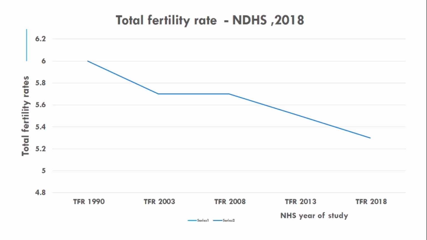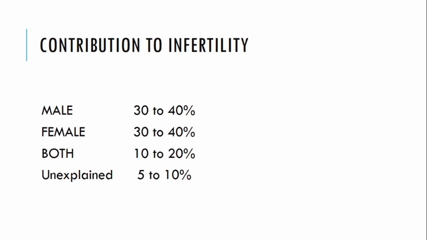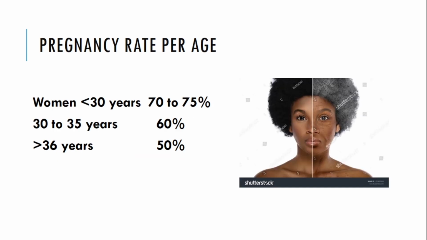This is a chart, a graph showing a decline, and there's actually a plateau around 2003-2008 in the total fertility rate in Nigeria, but in 2008 it has actually fallen. But as of 1990, it was 6 children per family. That's a lot. We said earlier that male and female contribute equally, and unexplained is about 5 to 10% of